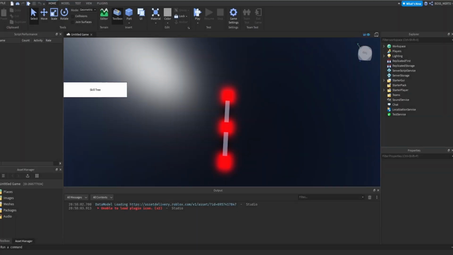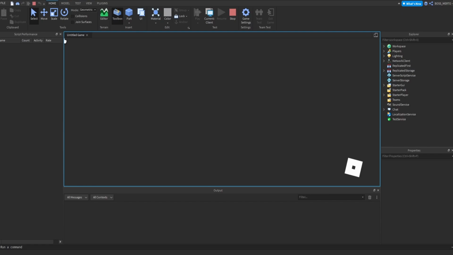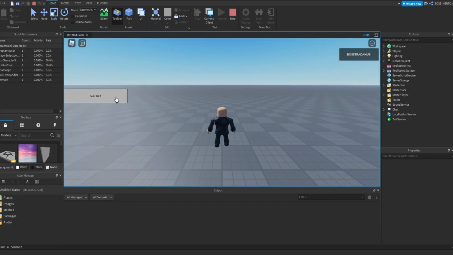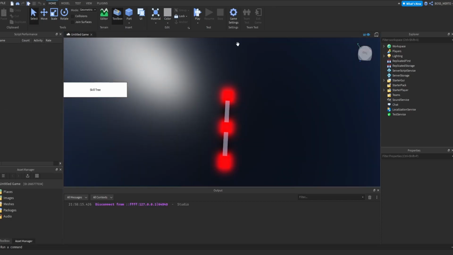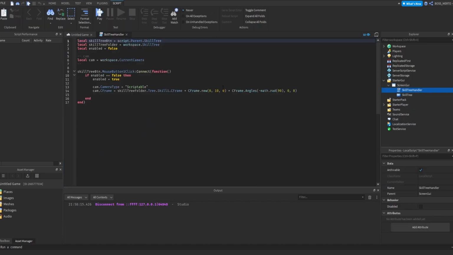Alright guys, so welcome to today's video, and in today's video we will continue our work on this bizarre skill tree. Okay, so let's just quickly revise what we have done in the last episode. So if we click the skill tree button, then our camera right here aligns to this skill. Okay, now let's continue that work, and I would like to